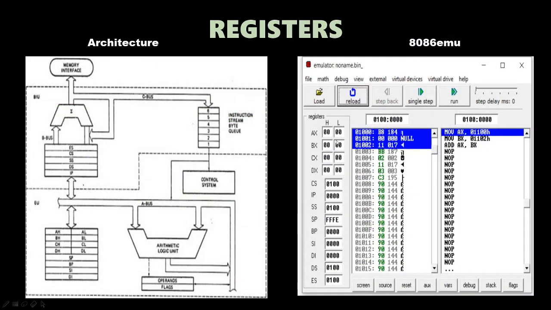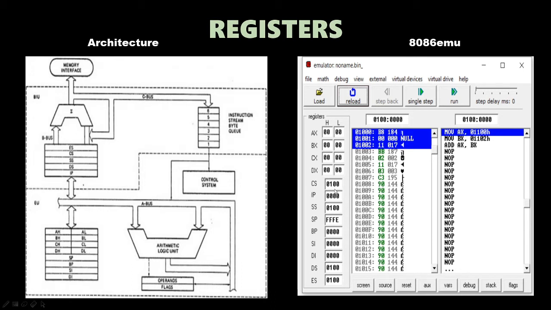Now if you have seen my last video, this window should be familiar to you, and this is our 8086 microprocessor architecture. The first four registers that we can see in this window, the AX, BX, CX and DX, are here inside our microprocessor. They are in the EU section of our microprocessor. The AH and AL, two 8-bit registers, combine to form the AX register. Similarly for BX, CX and DX. These are all 16-bit registers when we combine the higher and the lower 8 bits.